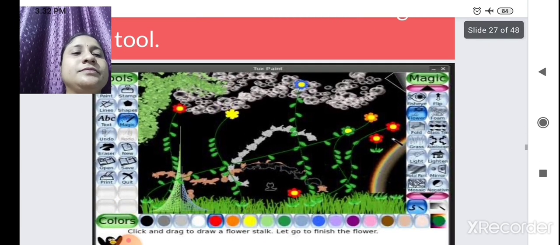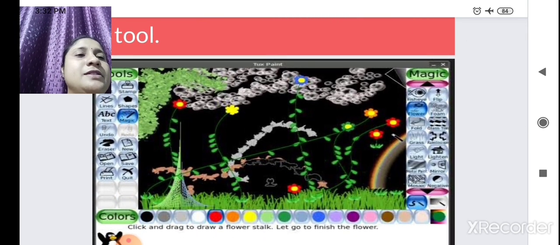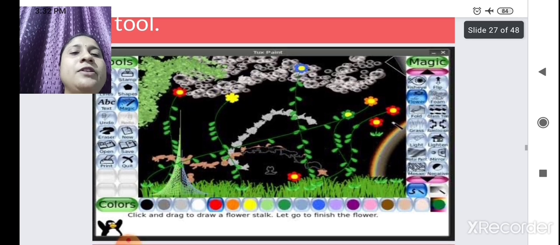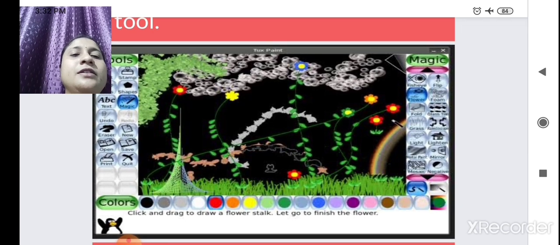See here, in the magic subtool you click on flower, and with the help of that wand, wherever you want to draw a flower, you just have to click with that wand. And again this small penguin will tell you to click and drag to draw a flower. Got it?